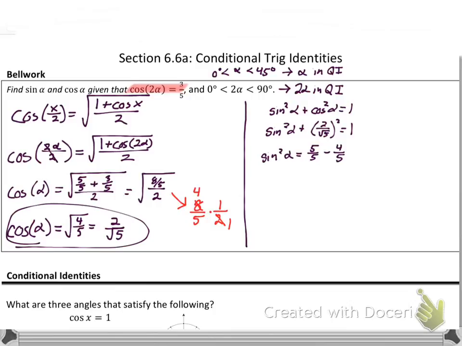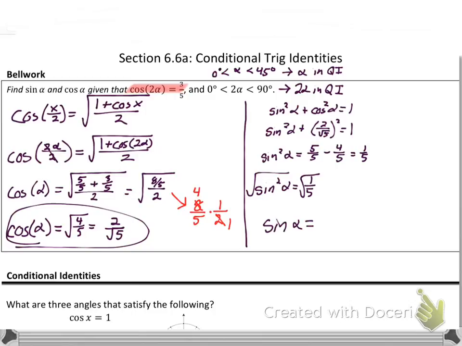Oh, I don't need that square then, because I took... Oh, I do need a square, never mind. Alright, so that's going to equal 1 over 5. So sine squared alpha equals 1 over 5. Take the square root of both sides, and you're going to see that sine alpha